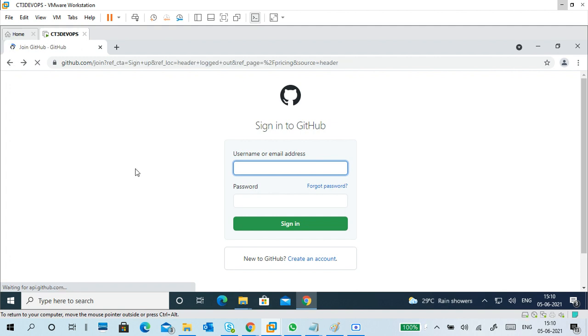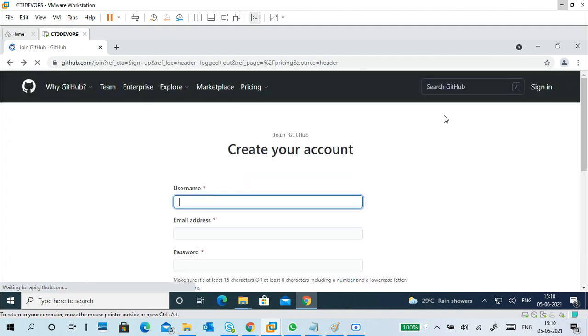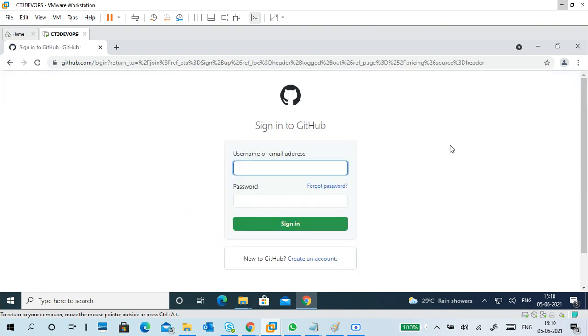You can create your own account if you want to log in and create something, but the mail account verification is always there, that's the problem.